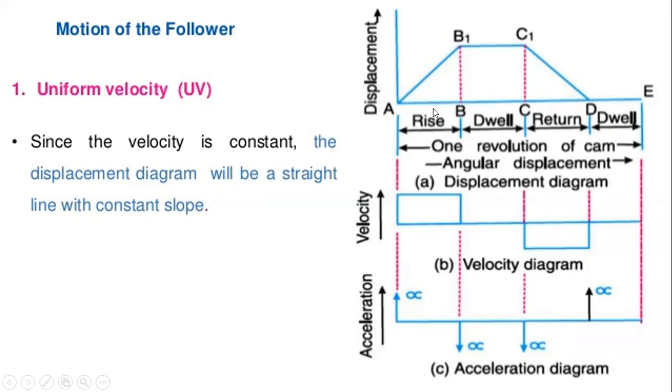So in total the cam rotates 360 degrees in a single revolution. So for a single revolution, we all know that there is 360 degrees. So we have to take the line of length to 360 degrees length. So we are going to take it on a scale, that is each centimeter is taken to angular movement. So ప్రతి సెంటీమీటర్ కూడా మనం angular movement గా తీసుకోవచ్చు. So generally we are taking 1 centimeter is equal to 10 degrees, or we can take any other. So 1 centimeter is equal to 20 degrees, or 1 centimeter is equal to 30 degrees.